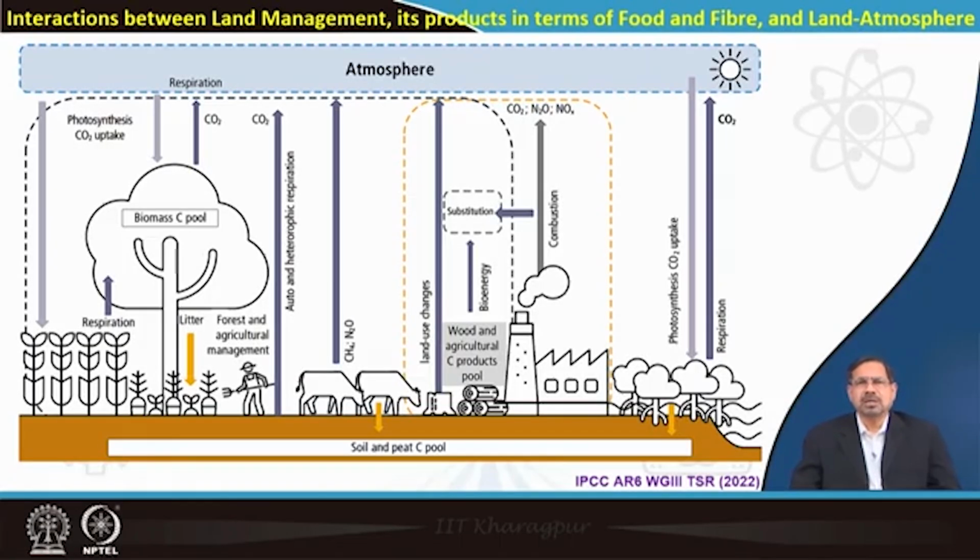As far as auto is concerned, it is with or within the plant system, and as far as the hetero is concerned, we are including the animals and other activities that releases the CO2 through their activities. So, the animals as a depiction, they also do release carbon dioxide by the process of respiration. And as far as the whole system is concerned,